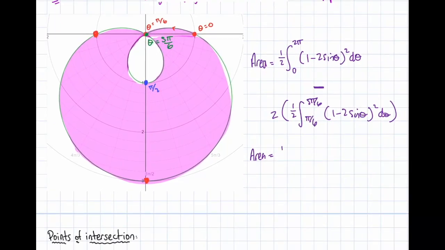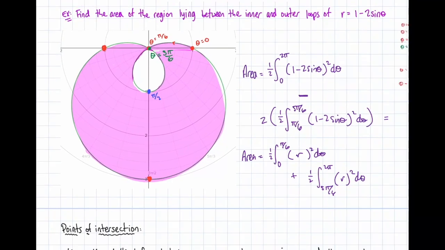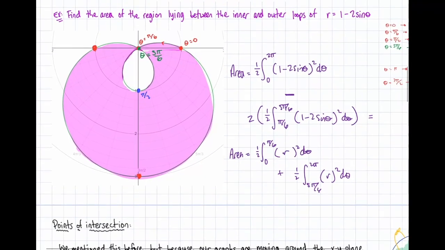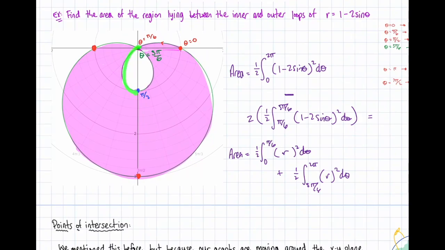But I'll do 1/2 from 0 to pi over 6. That captures this piece right here, this 0 to pi over 6. I'm going to skip out on the pi over 6 to 5 pi over 6 completely because I don't want it at all. So then I would do whatever r squared d theta. And I'm going to add to it 1/2 the integral from 5 pi over 6 to 2 pi of r squared d theta. That thing goes, so I skip out on this whole part here,